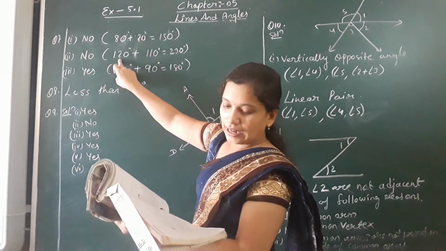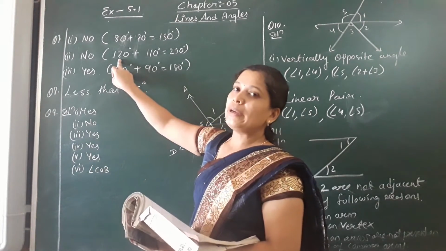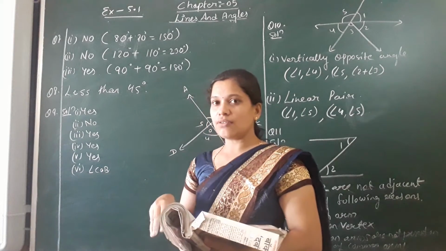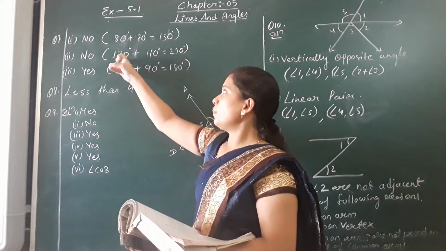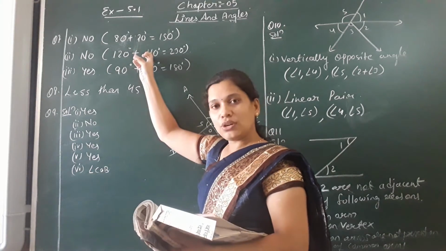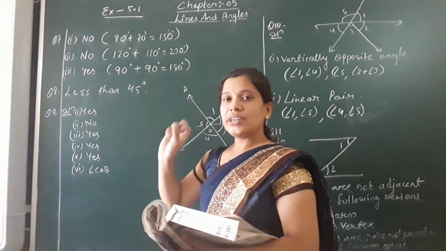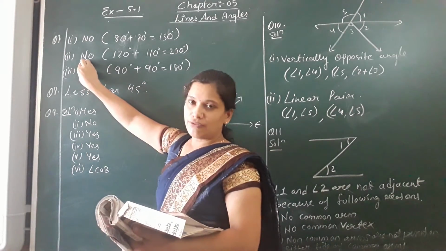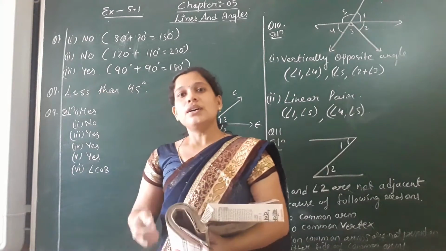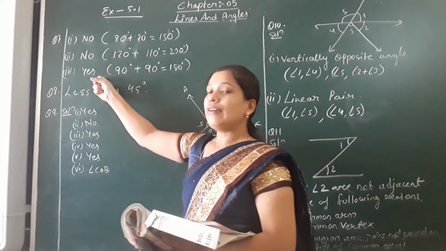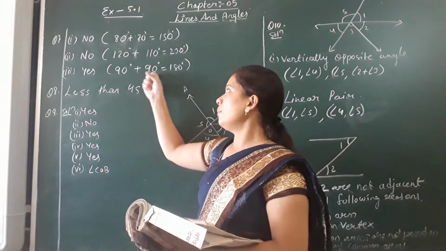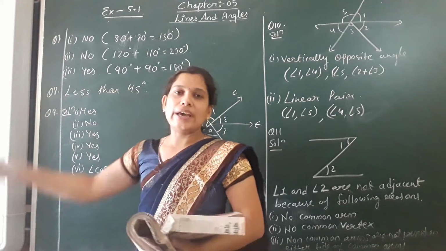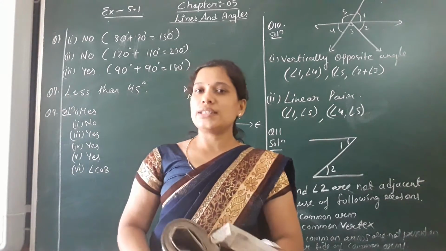Second, again it is said, when two obtuse angles are added, will it be supplementary or not? An obtuse angle is more than 90 but less than 180 degrees. So when two obtuse angles, that means 120 degrees plus 120 degrees, are added, it will become 240 degrees, more than 180 degrees. So again when two obtuse angles are added with each other, it won't be a supplementary angle. For the third, when two right angles are added, of course it will be equal to 180 degrees. Hence two right angles added give the angle as 180 degrees. So that's why the answer is yes.